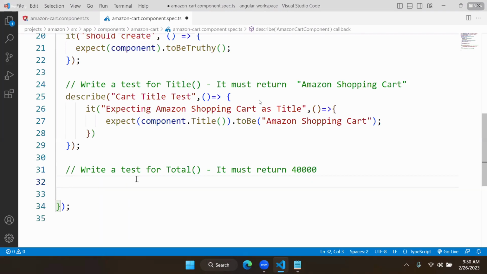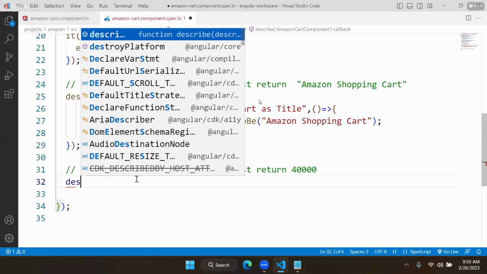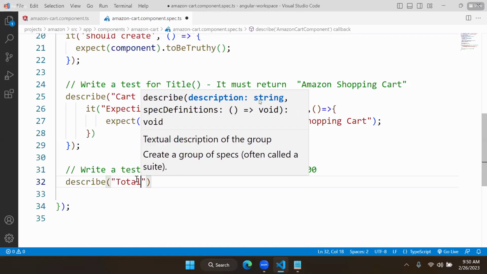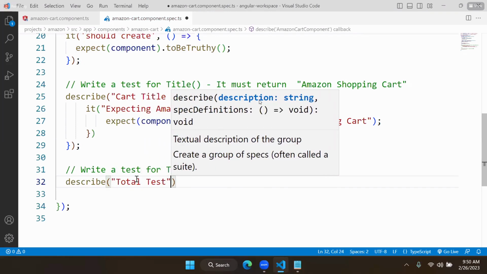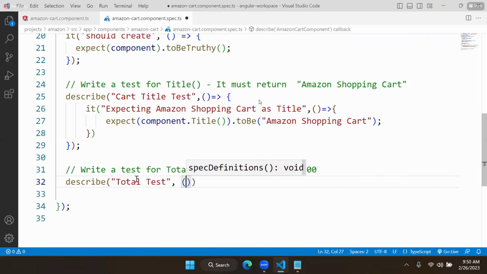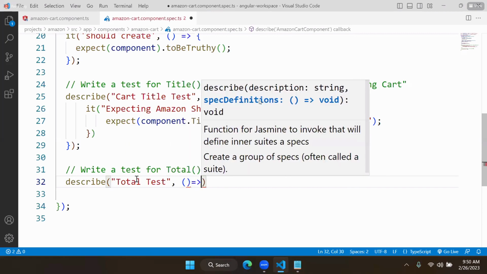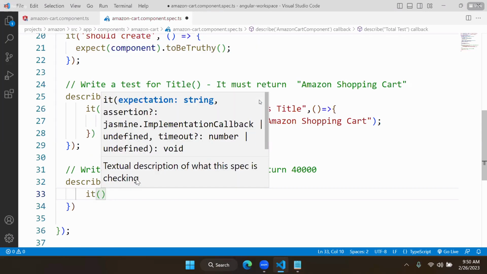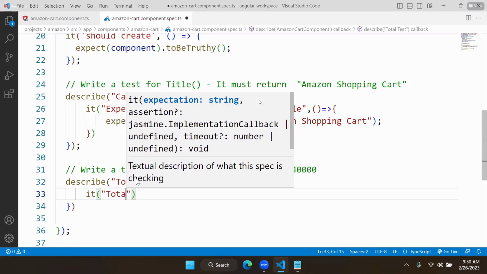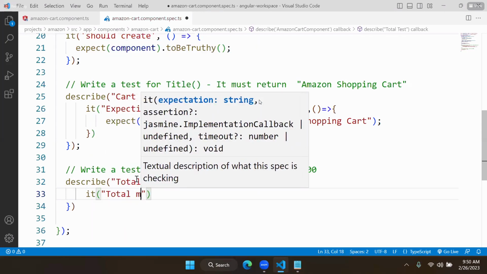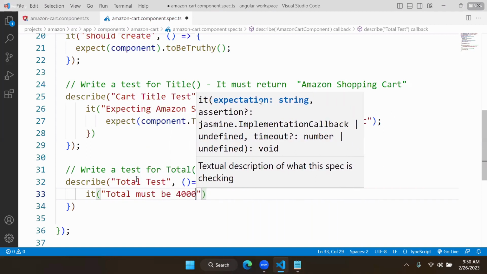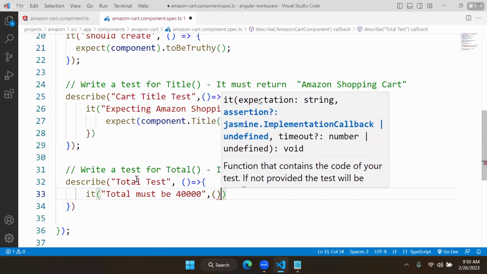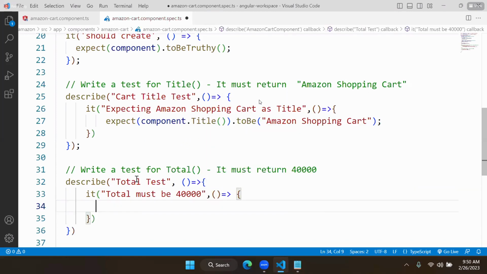So same, we have to write first describe, and what is that, it is total test. Okay, and it uses a callback function. Here we need to define it. So it is expectation. What is the expectation? Total must be 40,000. Total must be 40,000. And we are using a callback function, and we need to expect